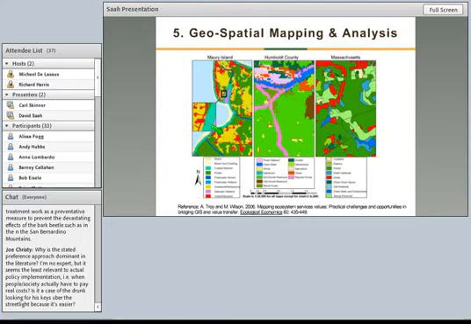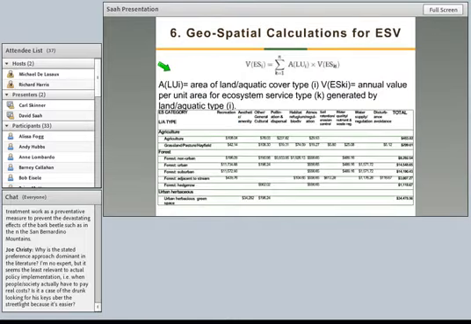You take that information and you combine it with your mapping, and the mapping you're using is built off of the typology that you had identified early on in the project, so you could have a direct link with the studies that you're doing. And here are some examples of 3 different typologies we've created for 3 different areas around the country. And then you just start applying those equations.